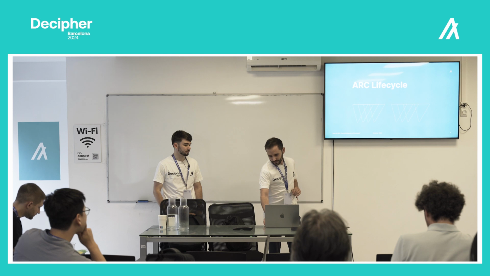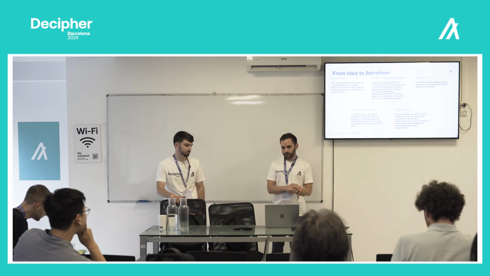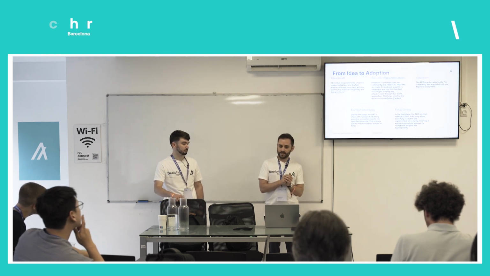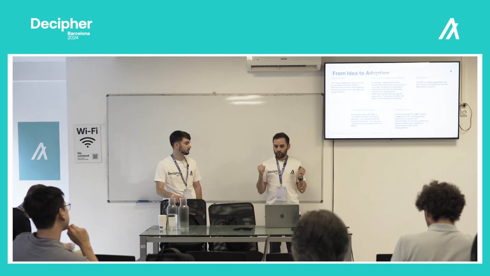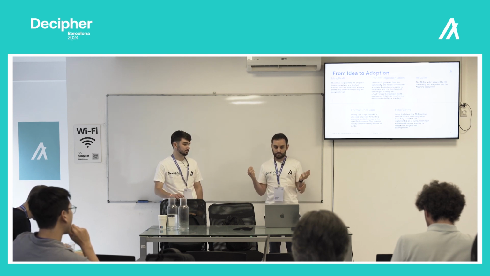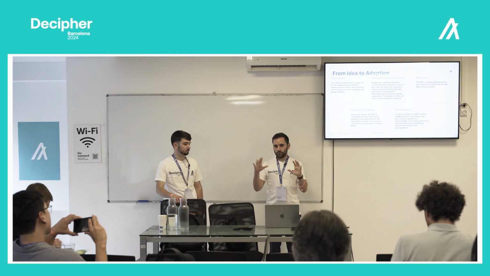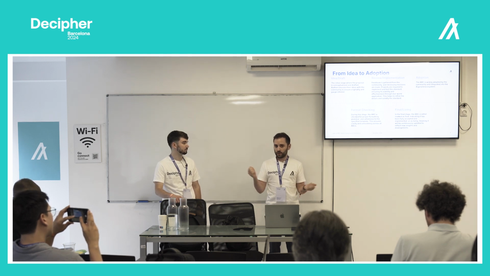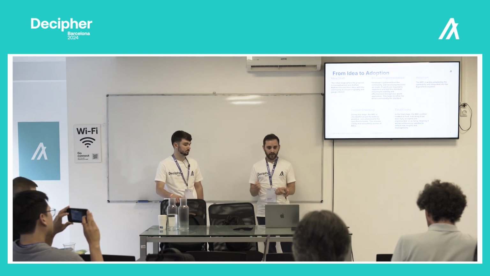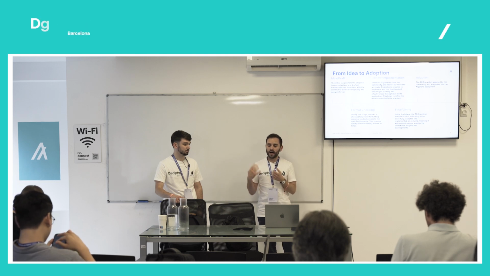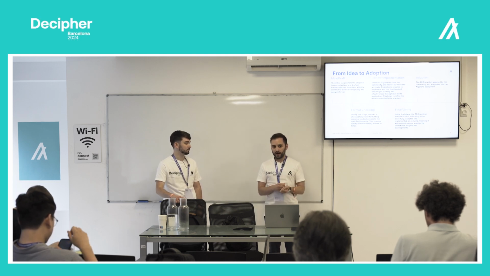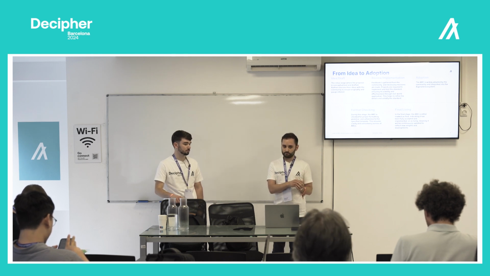So that's the agenda. I will go through it right now. ARC lifecycle, how does it work? First you have an idea, then you need to discuss this idea with people that might have an interest in it, and once your idea is ready, you will need to submit it. When you submit it, we just do a quick review of the formatting of your proposal. Then you should ask, as an ARC author, for review. So you ask people that might have an interest or people that have technical expertise in your proposal topic.